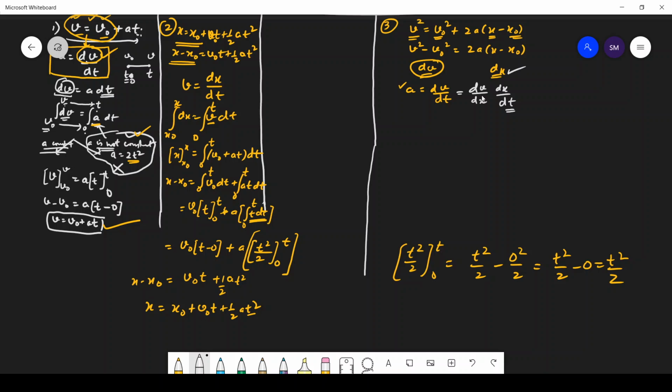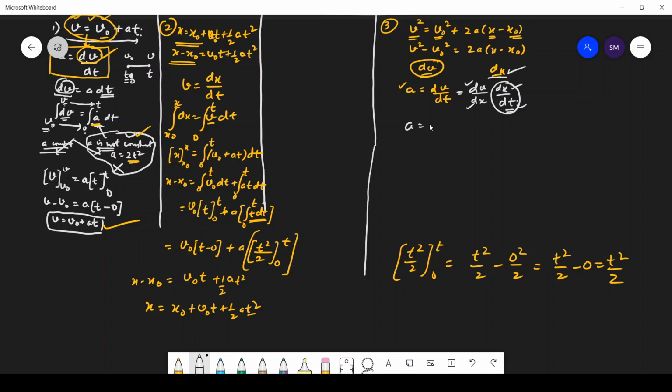So how shall we write this? I don't need dx 2 times. I need just dx 1 time, and I need dv also 1 time. So I need to get rid of dt as well as this extra dx, and I know the formula,